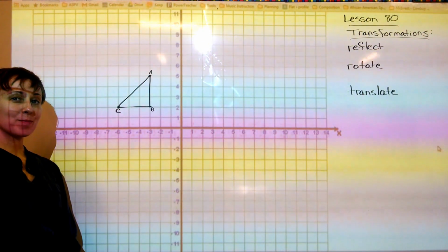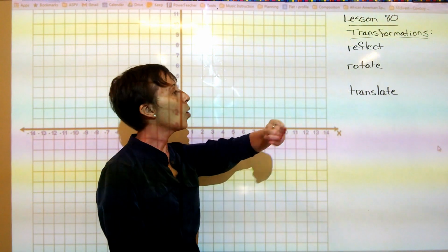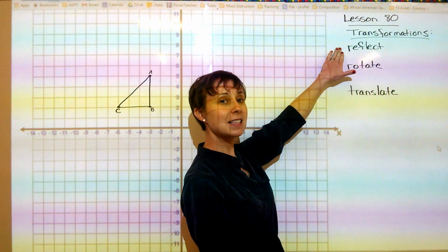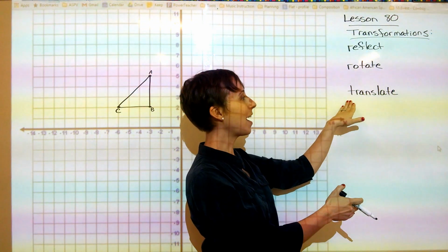This is Stacks in Math for 6th grade. We're still doing Lesson 80, Transformations. We're going to be learning about how to reflect a shape, how to rotate a shape, and how to translate